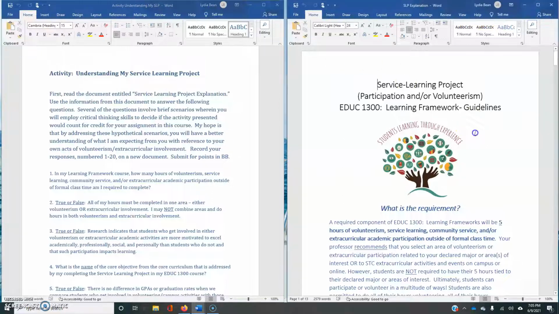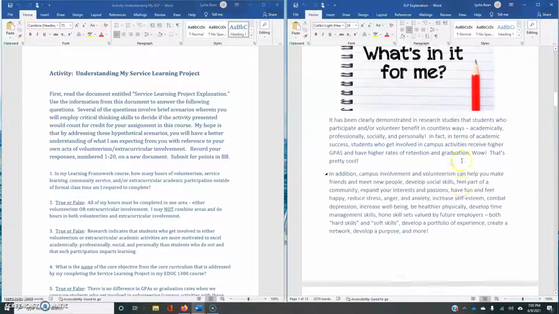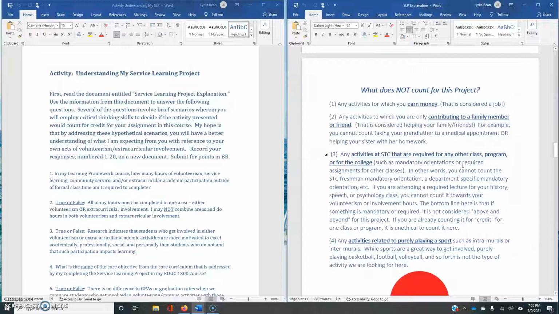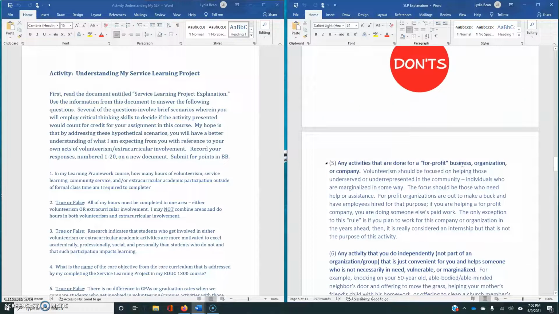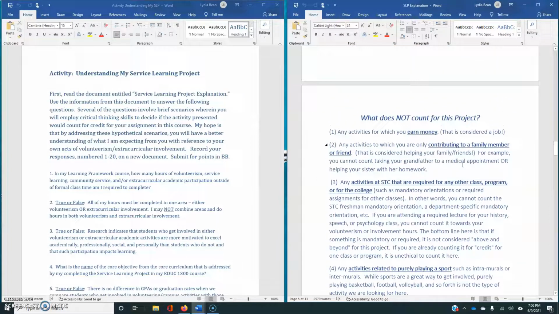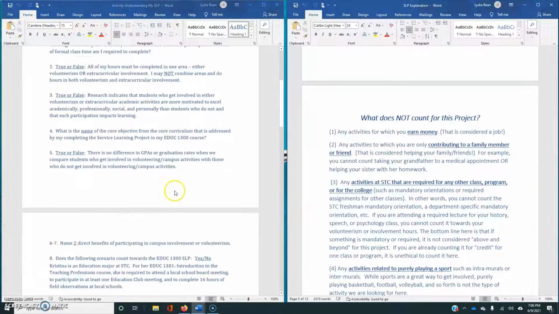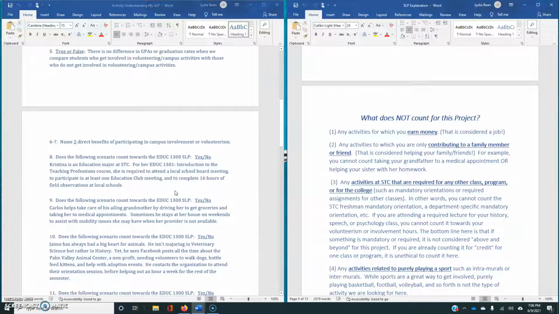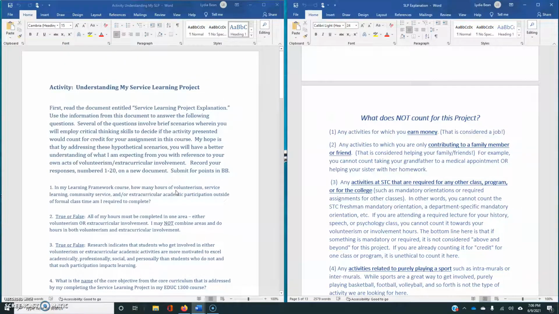This entire document on the right is going to help you, but especially there is a section, and I'm scrolling down, called What Does Not Count for This Project. Make sure that you very carefully read the things that do not count and that you're very clear on why they do not count, because that's going to help you in addressing these scenarios. Try to see what I'm getting at in those questions. Try to weed out what would count and what would not count. And certainly you can discuss in Pronto, discuss together and help each other out with why one scenario may count and why another one may not count.